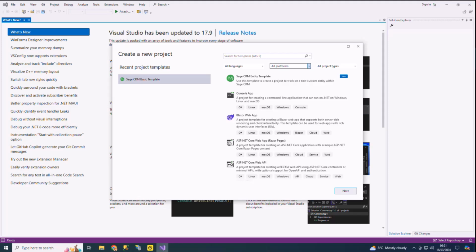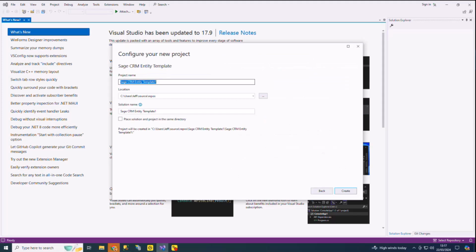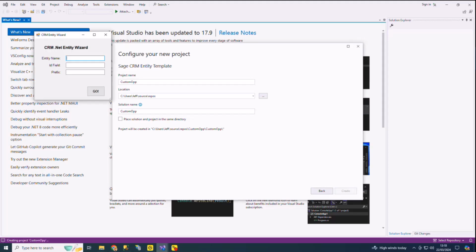So it's going to invite us to start creating a new project, and I'm going to select the entity template project and give it a name. In fact, I will call this a very simple custom oppo name, and I'll keep going with the construction and running of this template. So this template actually has to ask some questions in order to generate the appropriate pages,